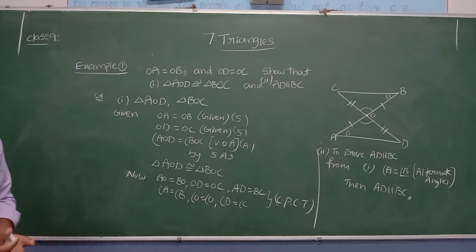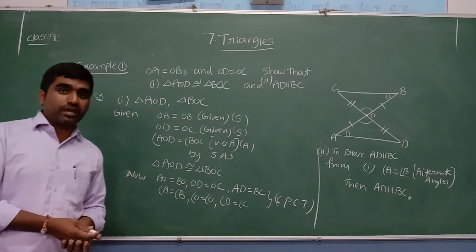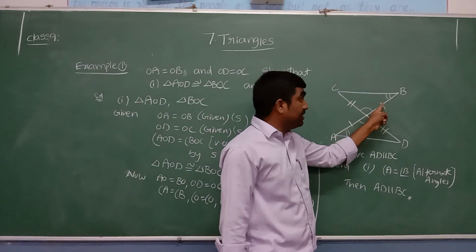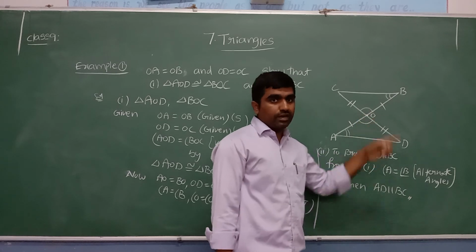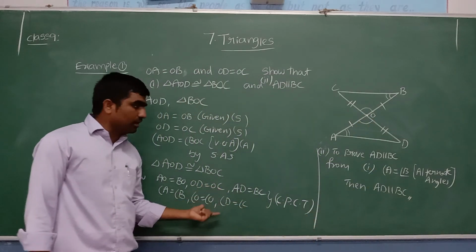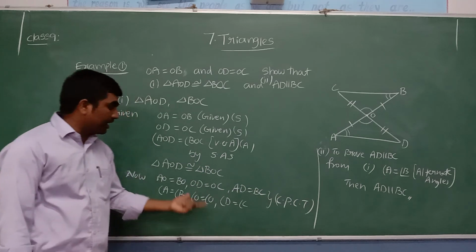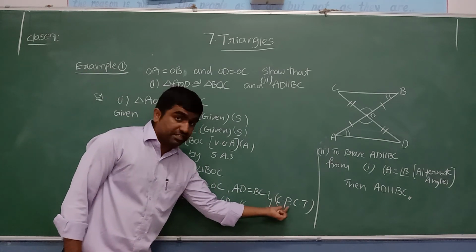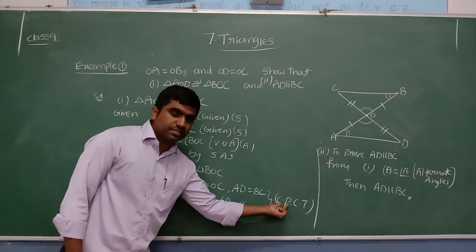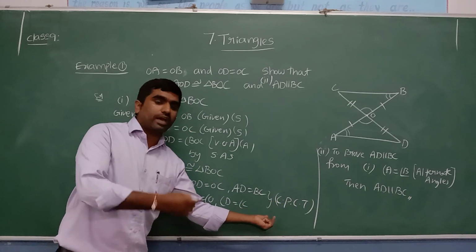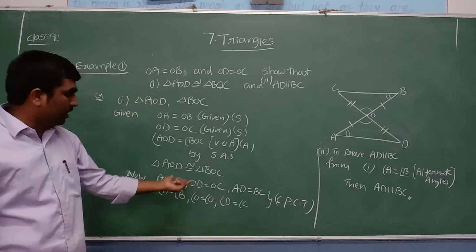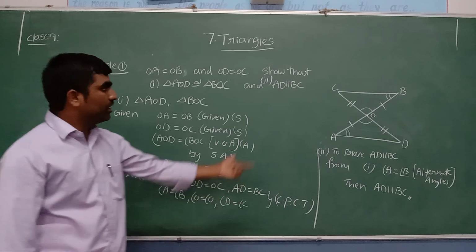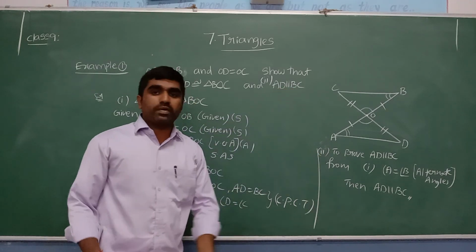So these are applications based on the congruence of triangles. This is one of the applications of the SAS congruence rule: two sides and the included angle. We can apply these conditions in continuation. Once triangles are congruent, corresponding parts, meaning corresponding sides and corresponding angles of congruent triangles, are always equal. With the help of these results, we can find the solution of the remaining conditions.